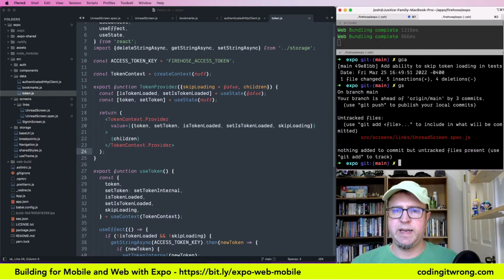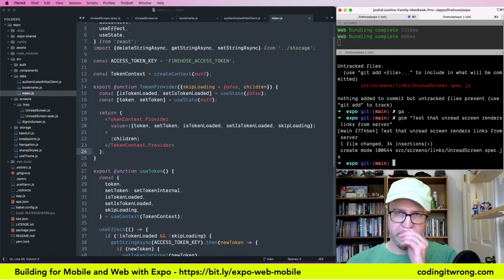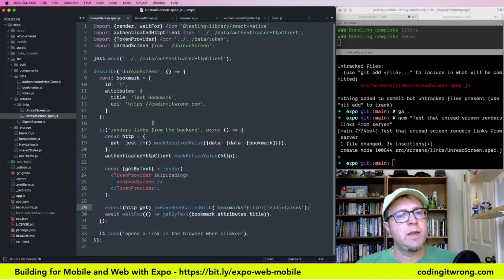And what we're going to commit next is test that unread screen renders links from server. So we've got a test there. Now, we don't have a lot of duplication here because there's only one test, but some of these things we're going to need elsewhere. And I'm going to go ahead and pull out some reusable code here because I have